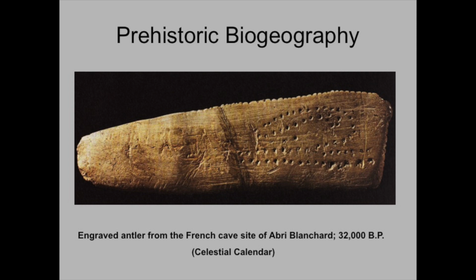Here is an example of early biogeography. Here we have an engraved antler from the French site of Abri Blanchard. It dates to 32,000 years ago and represents a kind of celestial calendar. Archaeologists don't really understand how these particular markings were utilized. However, their patterned nature connects them to many of the celestial movements associated with seasons, even to this day in